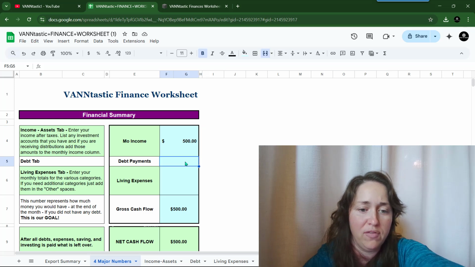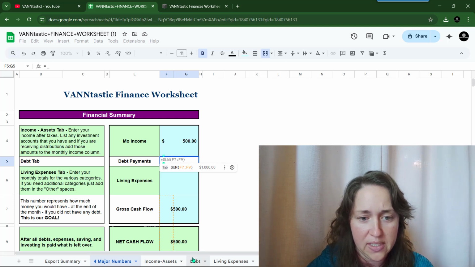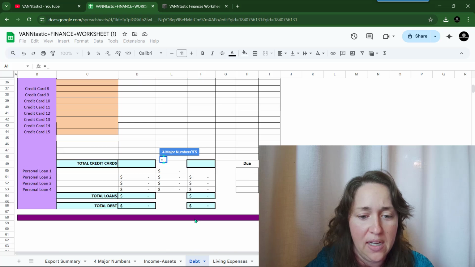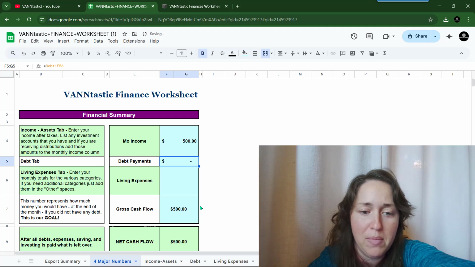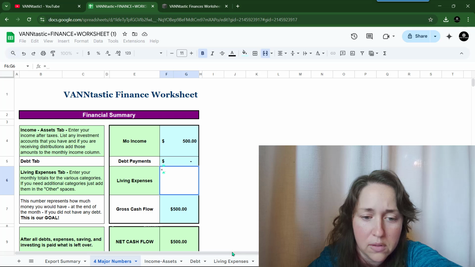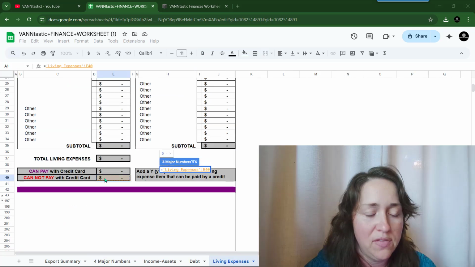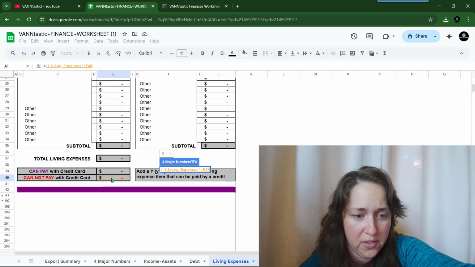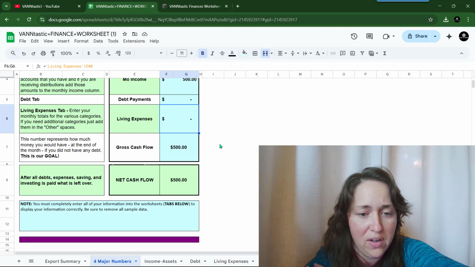Okay, same thing for debt payments. I'm going to do equals, come down here to debt, and then I want this number because that's going to be my total debt payments every month. And then same with living expenses, equals, and I want this value right here. Enter. And ta-da! All right, do we have it all? We have it all. So this will auto-generate